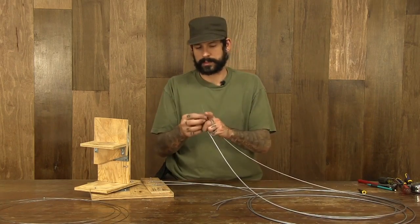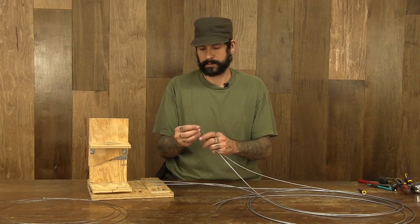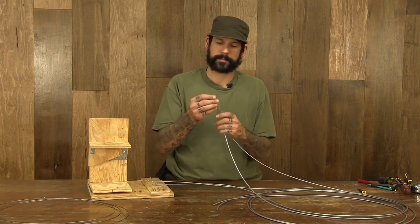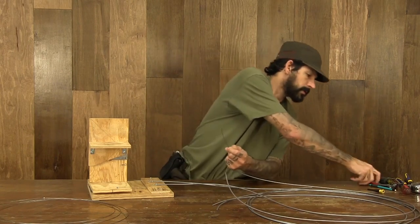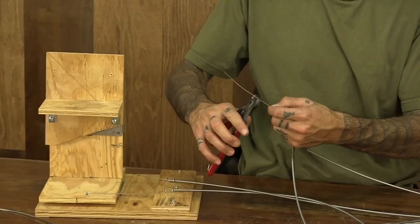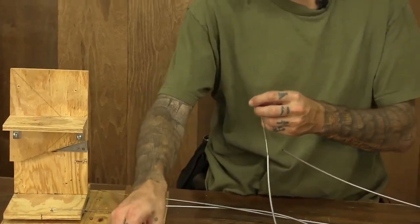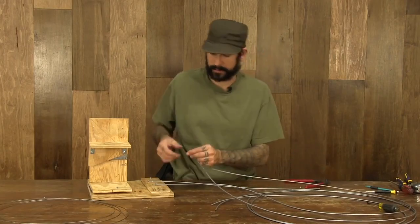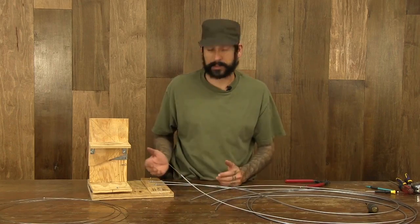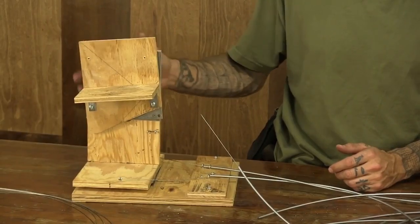Now we've got both ends through and connected. We'll even the two of them up. Make sure they're nice and straight, and we'll clip off the cable ends to match on each side. Careful not to fray your cable ends. After you complete this step, go ahead and do the same thing for your tilt function for the two cables